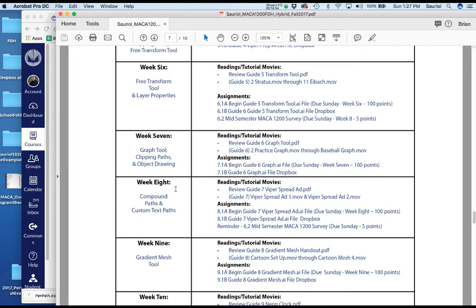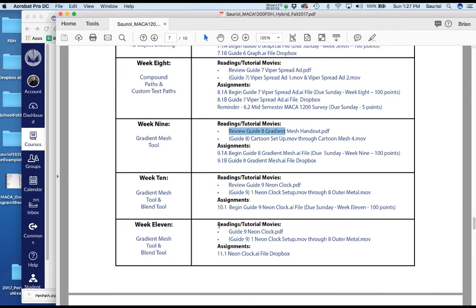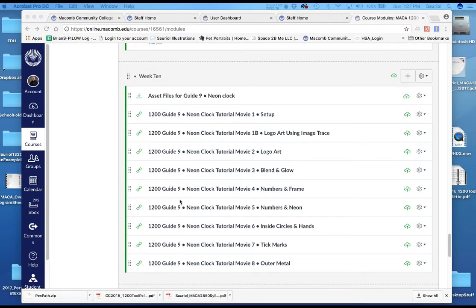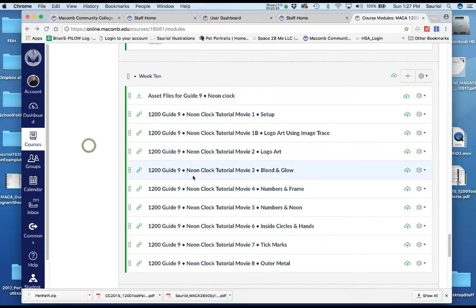And so on, all the way through the weeks. Look at how in week 8, you're in Guide 7. Week 9, you're in Guide 8, and you're reviewing it. So please have this in front of you and know that this pretty much corresponds. Week 8, week 9, week 10, week 11 correspond to your Canvas in exactly the same way. And then all the movies are here. When you are ready to watch the movies, you can either watch them here.